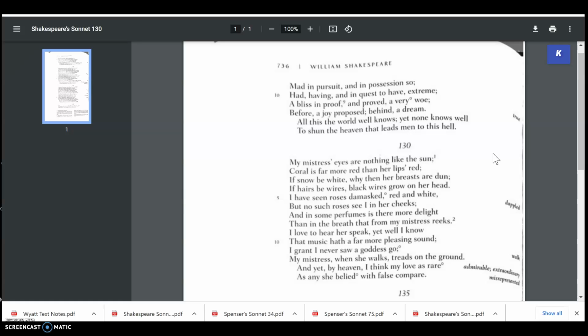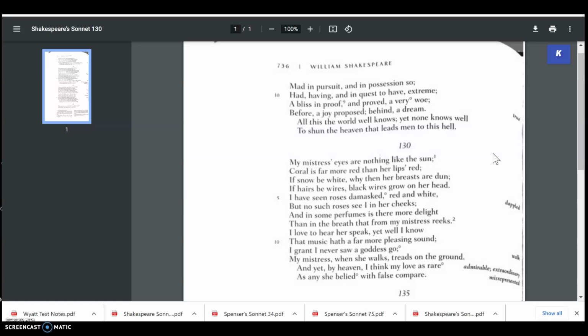And when we first read that, we kind of get the vibe that he's a little disappointed that she isn't like those other goddesses that float around. She is just your average, ordinary, everyday woman who treads on the ground. And so we think that he is talking about that, but what he's really trying to do here, I think, is being critical of that standard of beauty that was so popular at the time period.